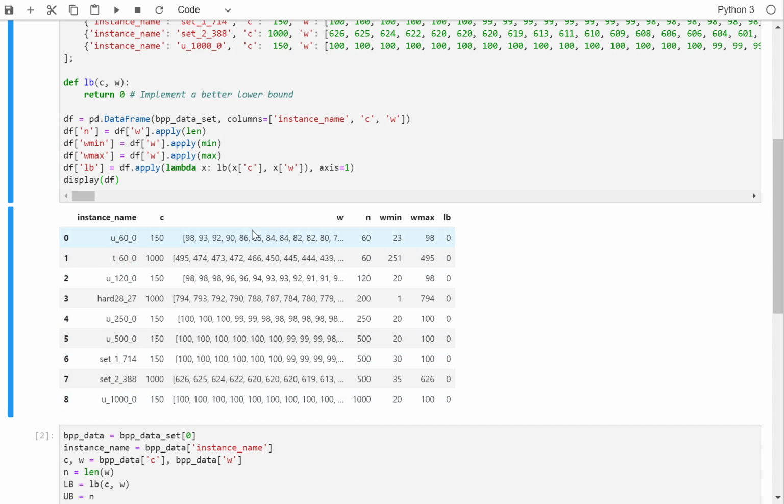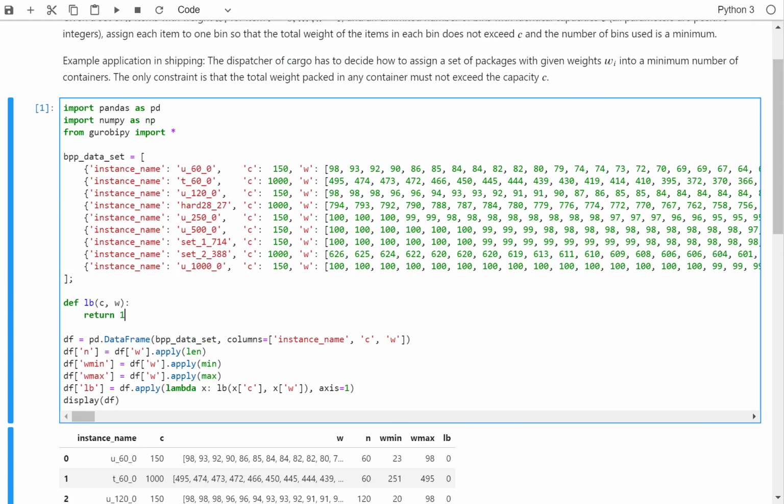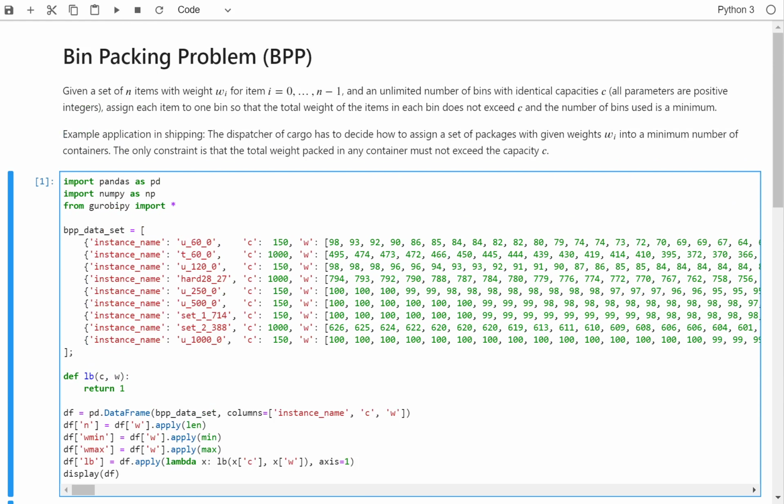The interesting question first is, what's the lowest number of bins that we will need for sure? Obviously, we will definitely need at least one bin, we could have said. So this is a lower bound. Let's implement a better lower bound here. What is the lower bound? The lower bound is a guarantee that we can certainly not obtain a better objective value than this number. What is the minimum number of bins that we know we will need for sure, let's say for this first